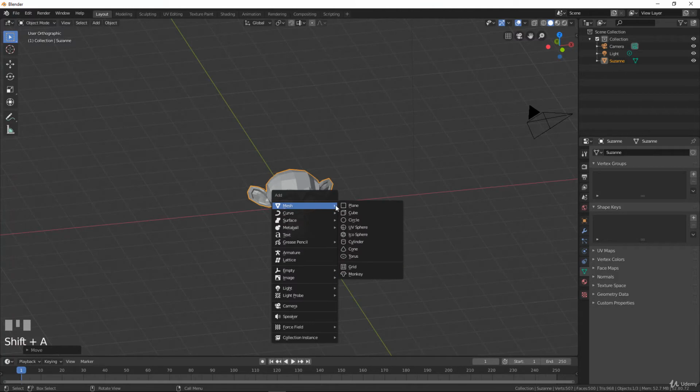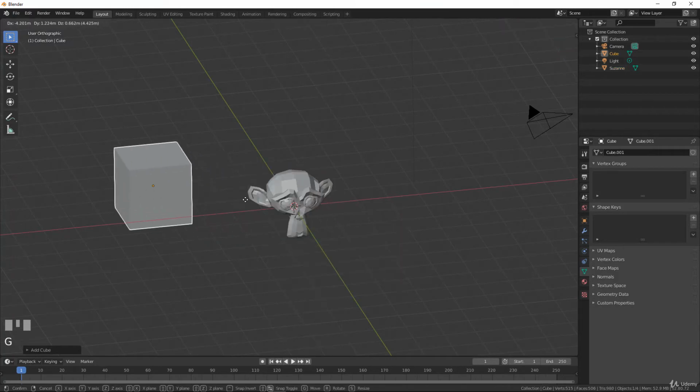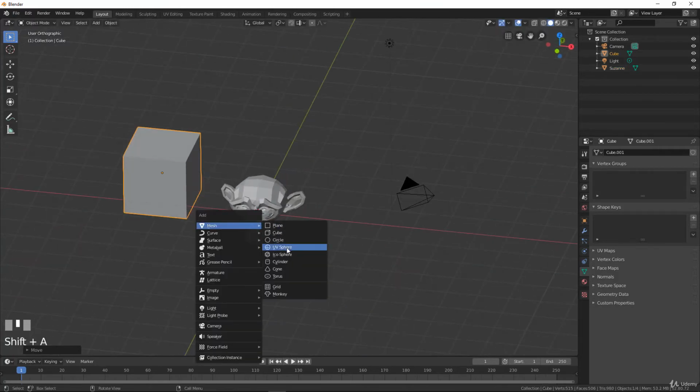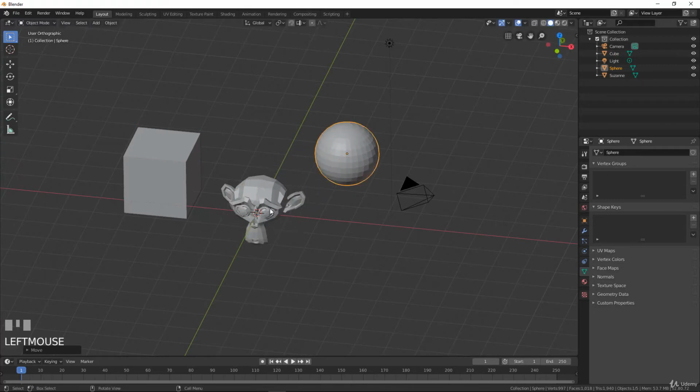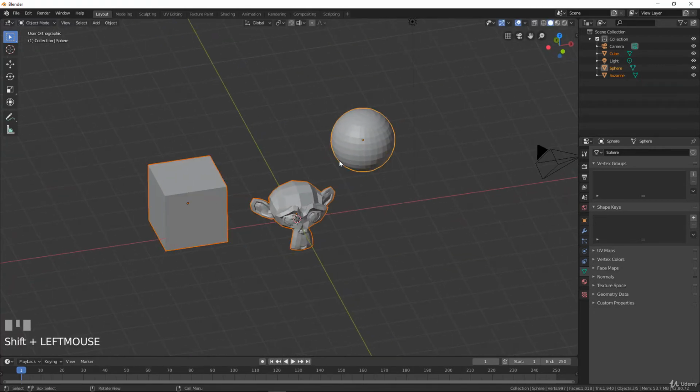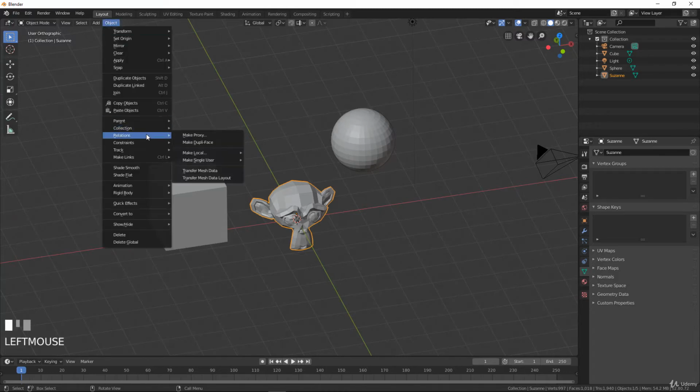So we have several objects in our scene, and for join the shortcut is Ctrl J, okay? So an easy one, but let's say you don't remember it for any reason, or some features in Blender don't have any shortcuts,